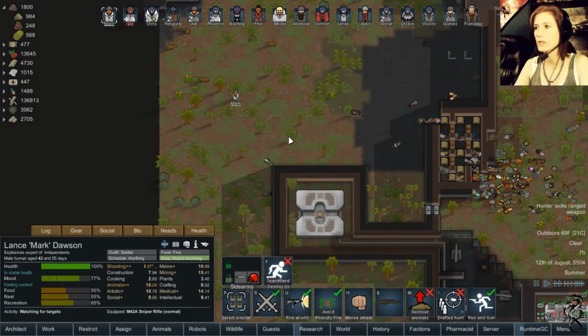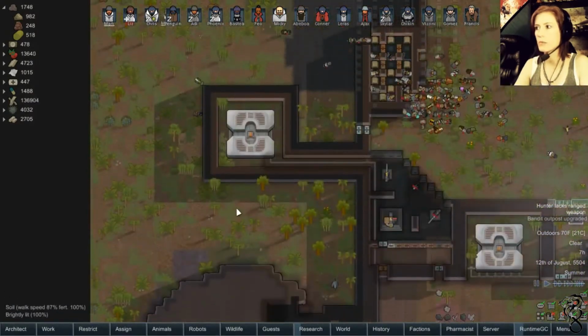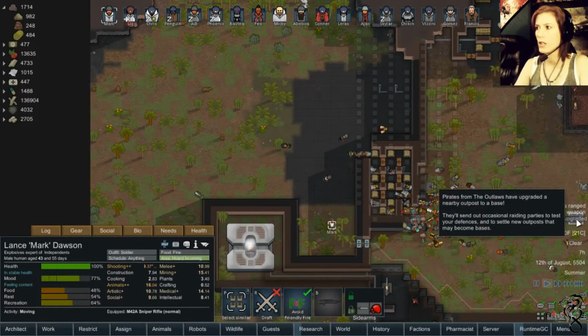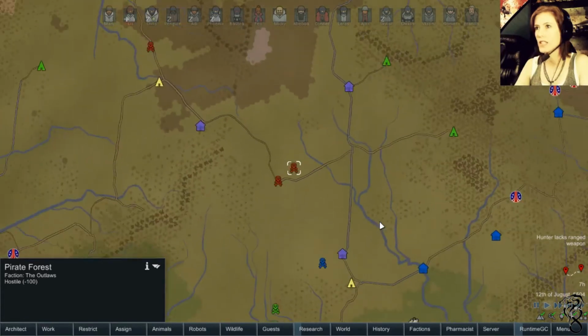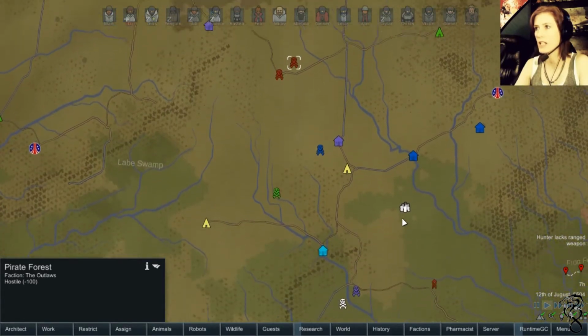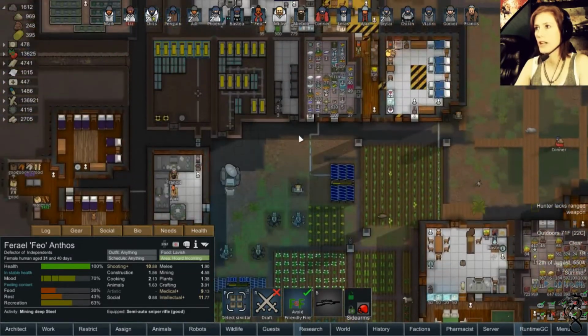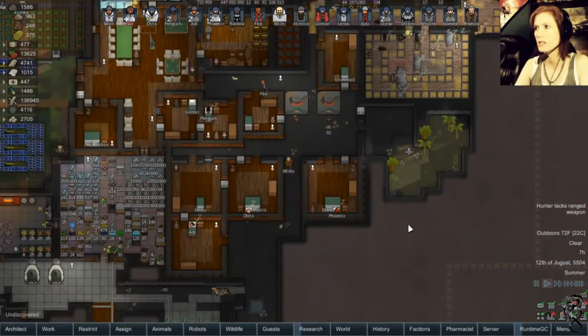Okay, is that all of them? Uh-oh, it froze. Okay, you're starting to make me worry. Is that all of them? Bandit outpost upgraded. Pirates of the Outlaws have upgraded a nearby outpost to a base. They'll send out occasional raiding parties to test your defenses and to settle new outposts that may become bases. Where? I see you guys being all frisky over there. It's fine. I'm not going to waste my time coming after you right now. We don't even have our stuff up right now, which begs the question, where is a good place to put up our...